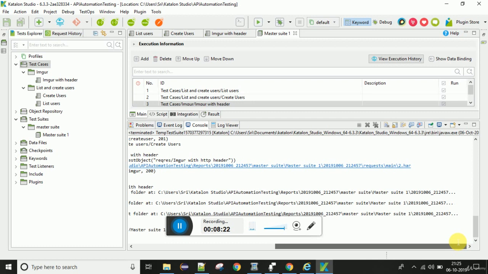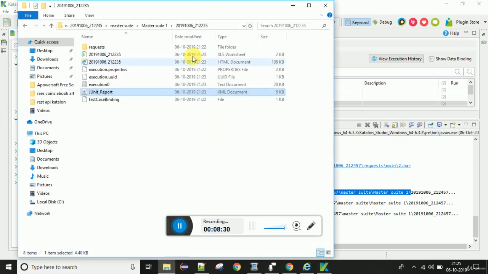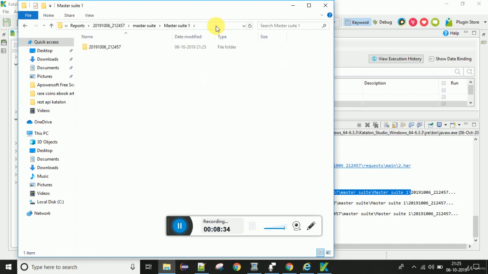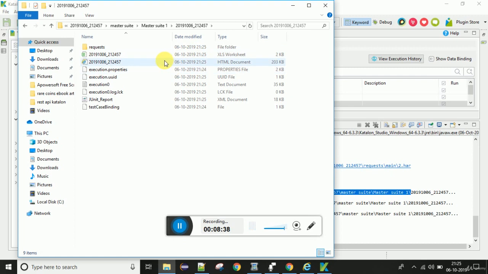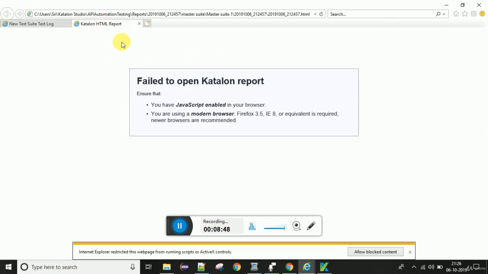Let us go to that report location. And let us open this, and let me open this HTML report, and our HTML report is opening.